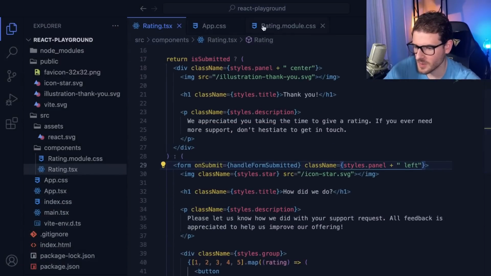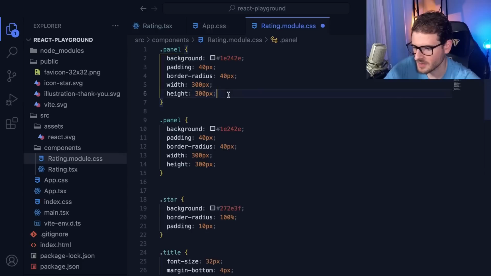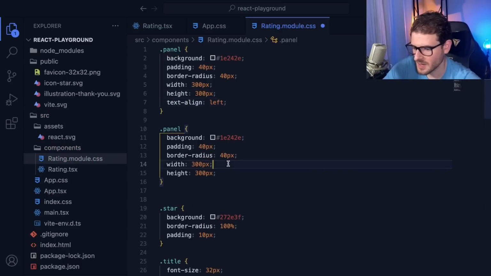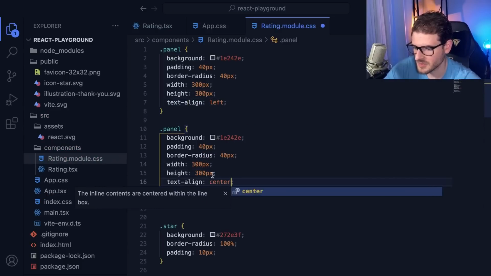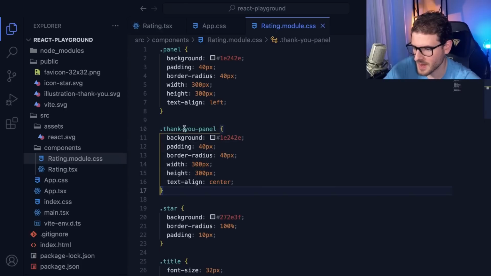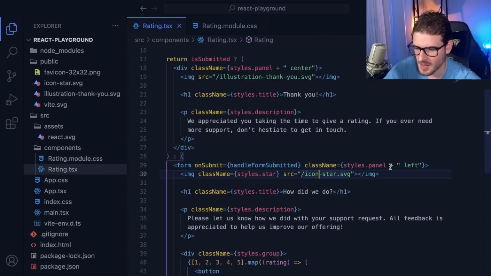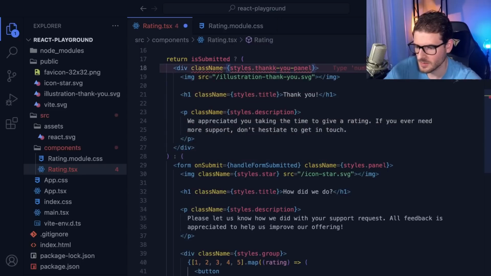All right, so when in doubt, I'm actually going to make two panels. I'm just going to have to copy some styles. It's fine. This will be text align of left, and this will be text align center. This will be a thank you panel, and this will just be panel. All right, so I'm going to change up my approach here, and this will be panel, which should have the text align, and this will be my thank you panel,